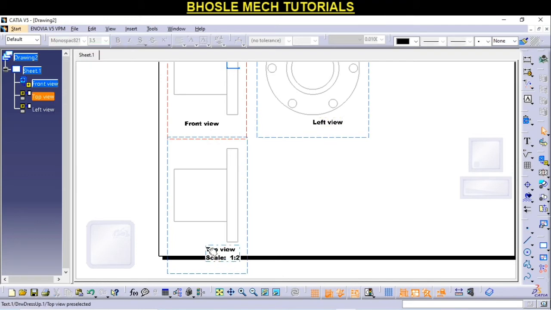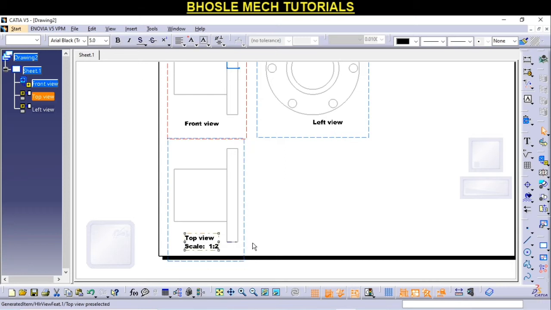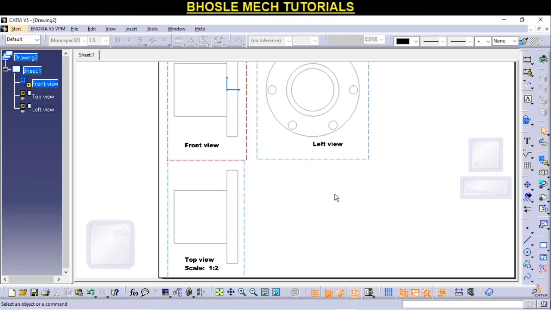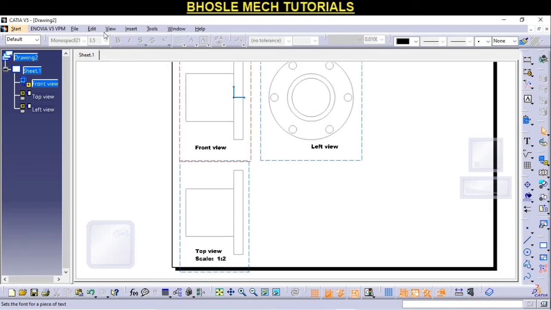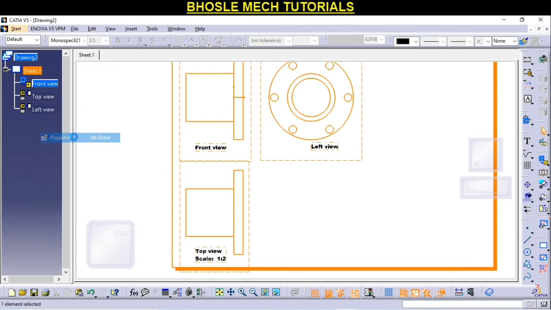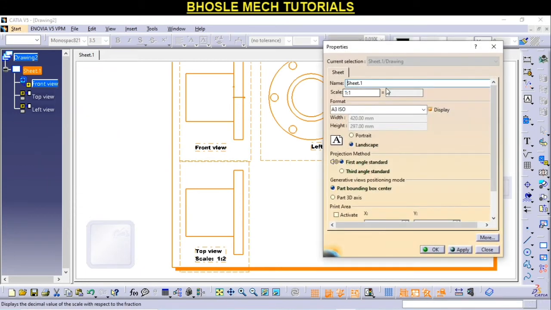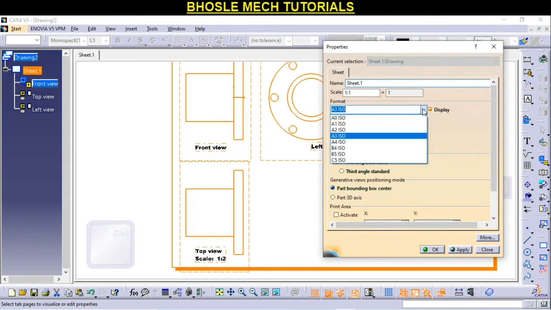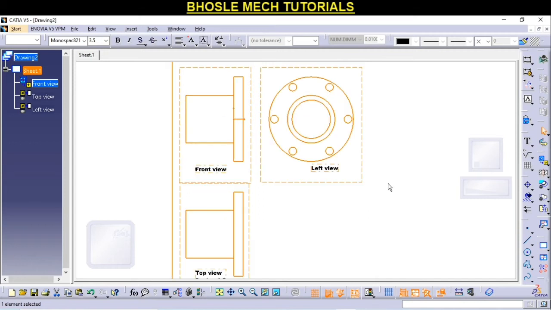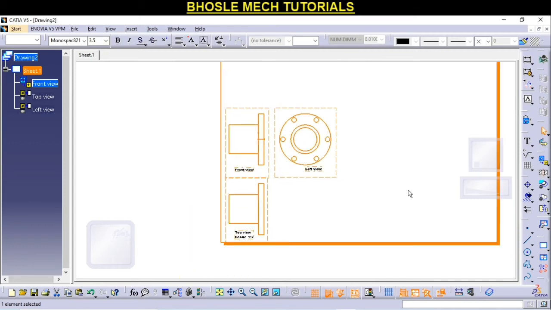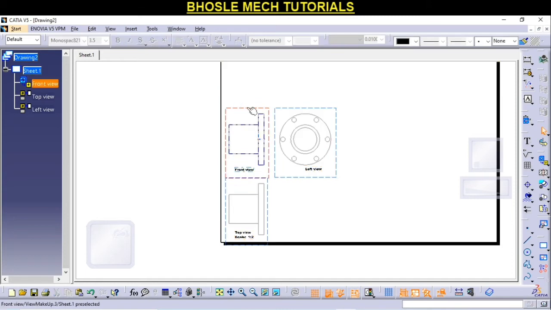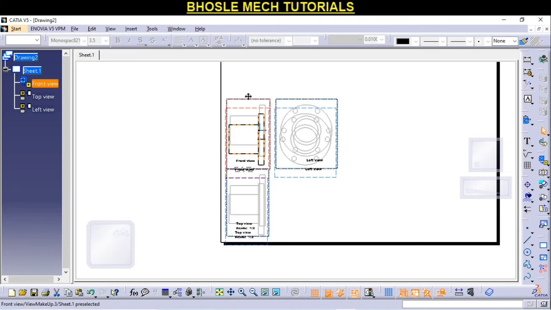Okay friends, if we want to change the sheet properties, then right click on this sheet and go for properties, and here we can change the scale and sheet, or if you want a bigger one, go for an A2 sheet. Here you will get an A2 sheet like this, and place the views according to your requirements.